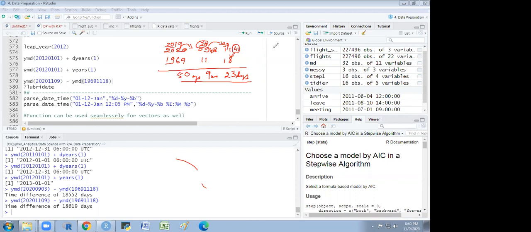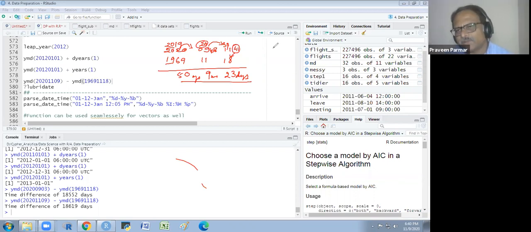This is the manual process, I know, but I don't know. We could search it and we will get it in Lubridate. I think there should be some option. There are so many things we could not cover the whole thing because there is a huge amount of material in Lubridate.